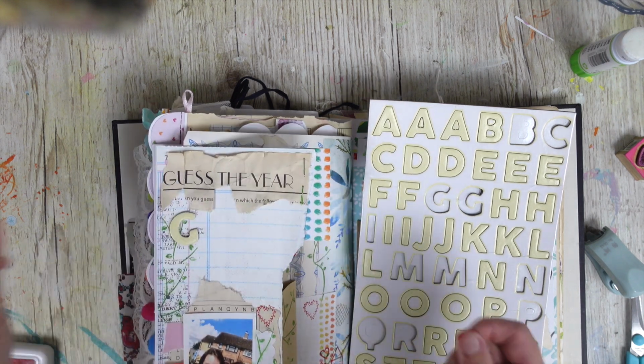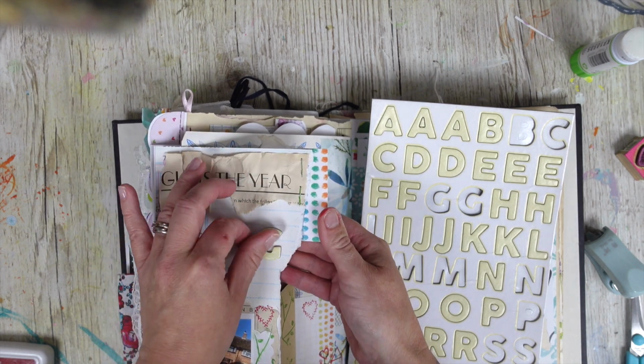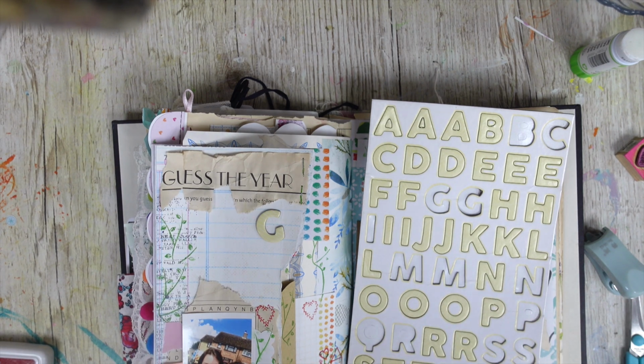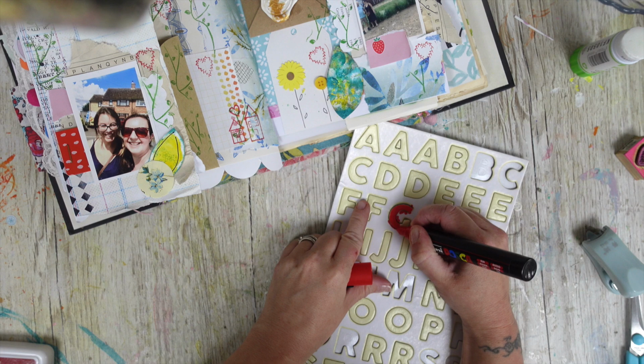I'm going to plug that in. Yeah, they are fit for the bin really, well, they're not, but they're not sticky, so I am going to use those. I don't think it's quite breaking the rules. And while I am waiting for my hot glue gun, I am going to go over with a red Posca pen